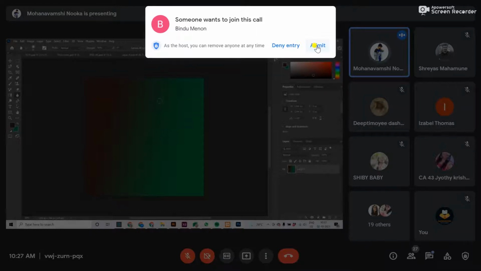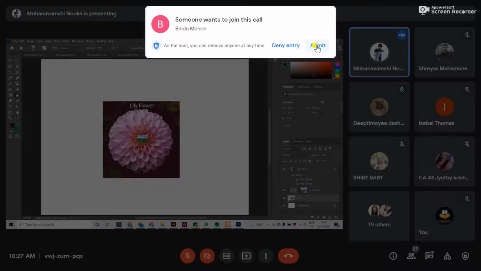Sometimes we have some restricted content, so we can use this blur tool, for example, like this. See. It is working on the background.